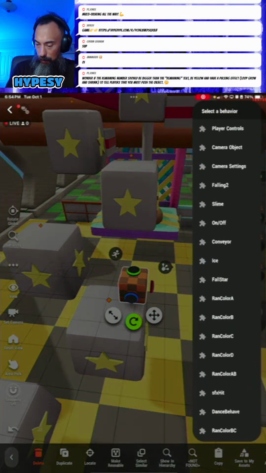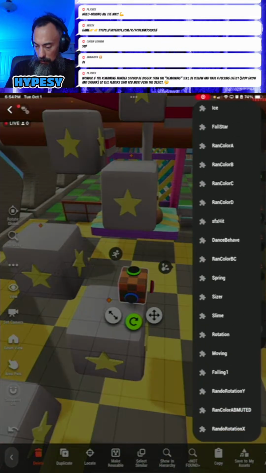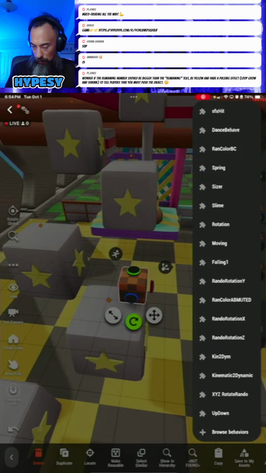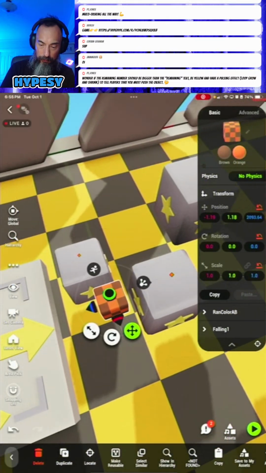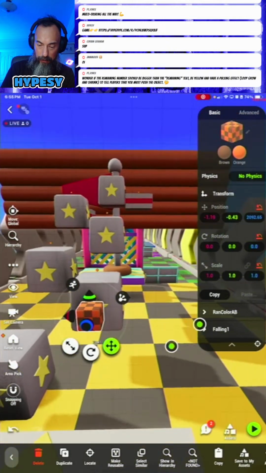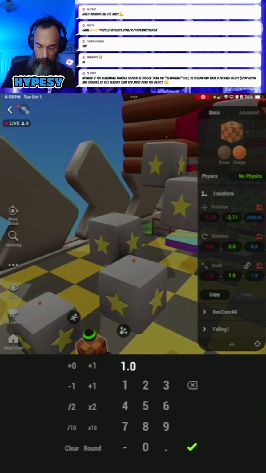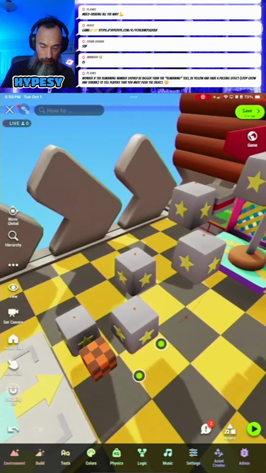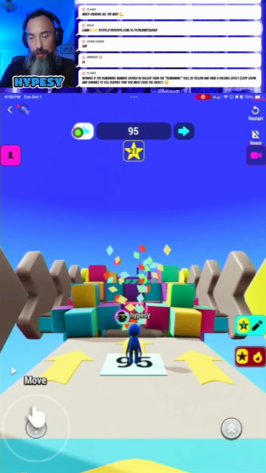Add some behaviors, A, B, and I think I want falling one. Let's try that one. So this is level 54. Okay, let's check out 54.